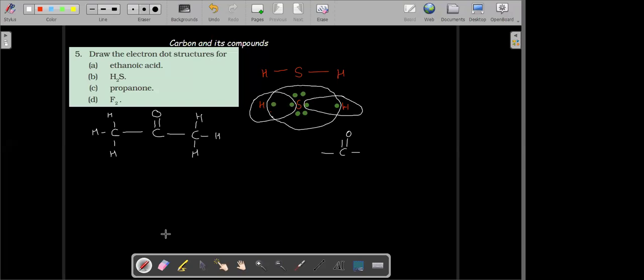Okay, see. So I write all the elements here: carbon, carbon, carbon. Here hydrogen, hydrogen, and hydrogen. Here oxygen. Here also hydrogen, hydrogen, and hydrogen. Now